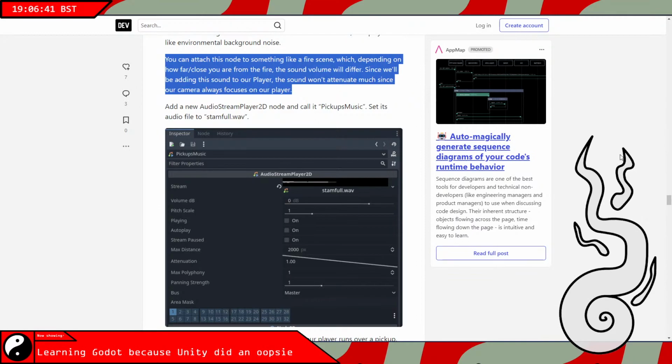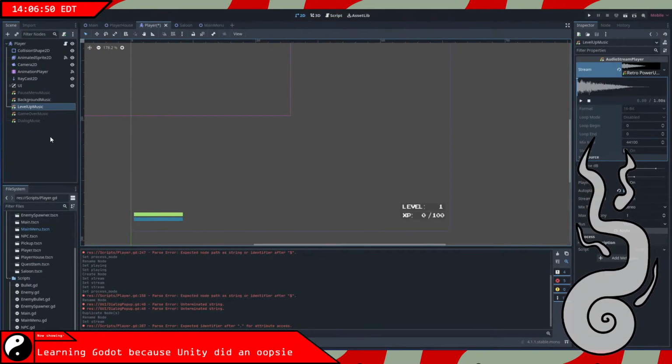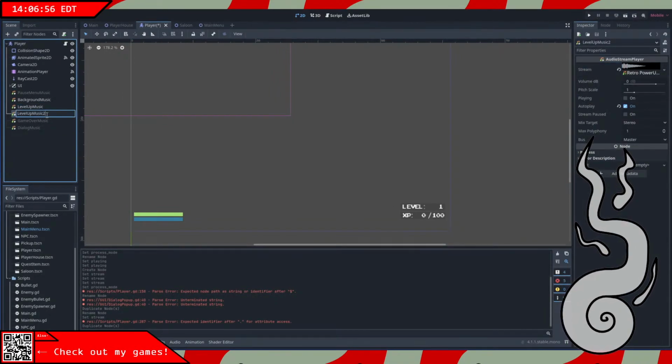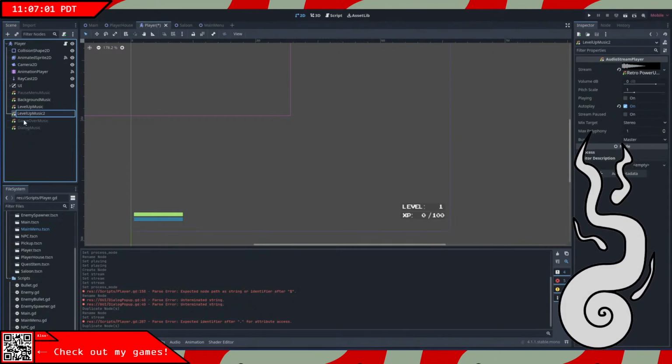Add a new audio stream player 2D node and call it pickups music. At least just make a sort of parent music node and then...